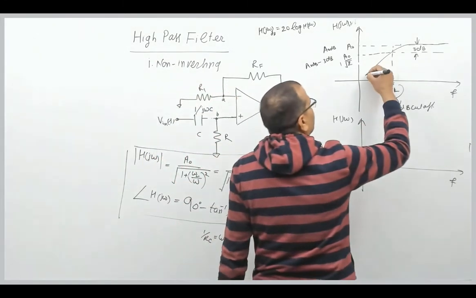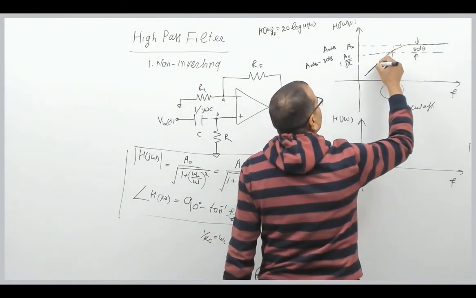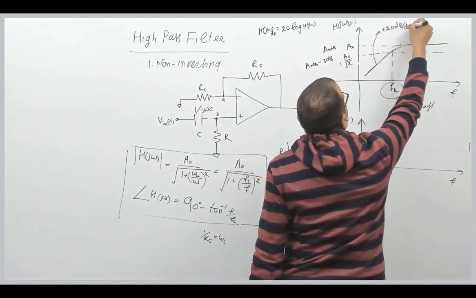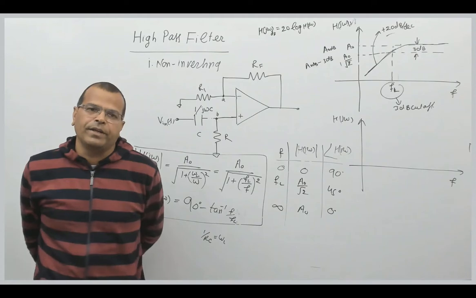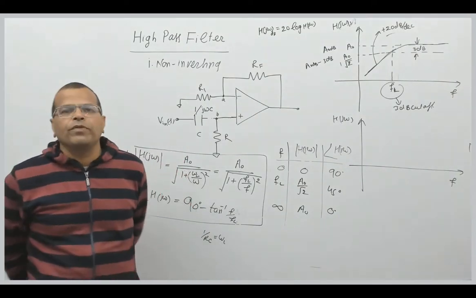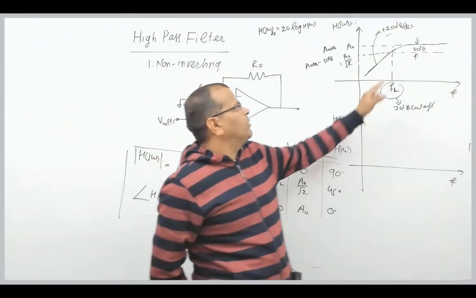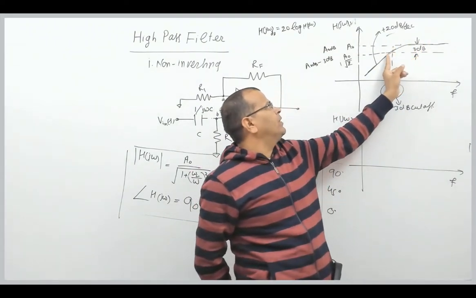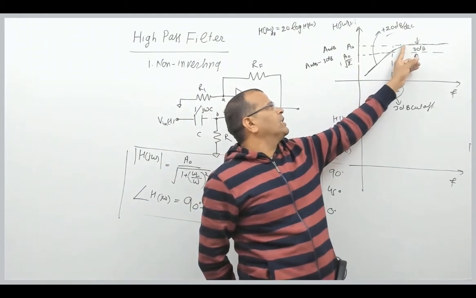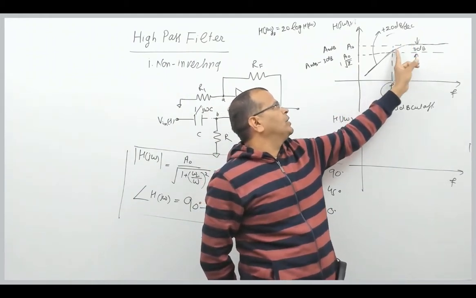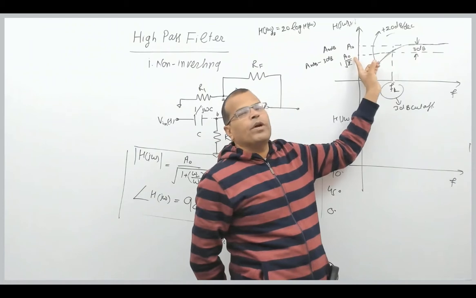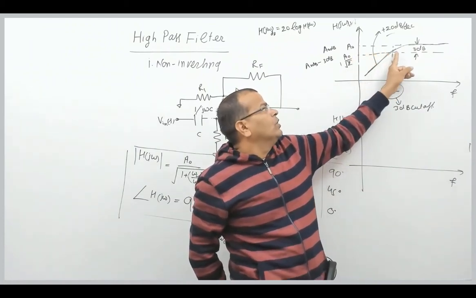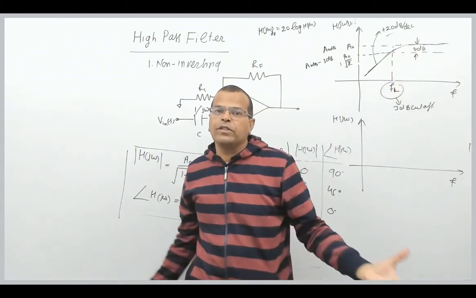This increase in the gain as a function of frequency is plus 20 dB per decade in case of a first order filter. Remember this. The slope of the characteristic is 20 dB per decade. Now you can see, if you reduce frequency, gain of the filter reduces. At some point gain reduces to A naught by root 2, which is 70.7% of the initial value. That frequency is called the cutoff frequency of the filter.